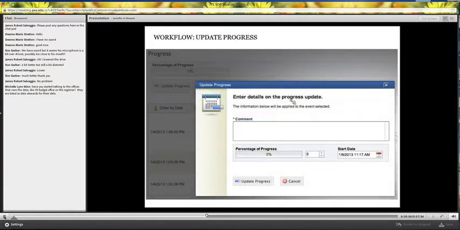It also allows us to restrict who has access to this information and the information that they're entering into it. So we wouldn't want somebody working on the remediation efforts to be able to change the deadlines. That would be more up to the unit liaison to set that deadline, and whoever's responsible for the remediation efforts could simply go in and make comments about the progress that's being made. And if they need more time, this is the place where they would be able to go in and comment